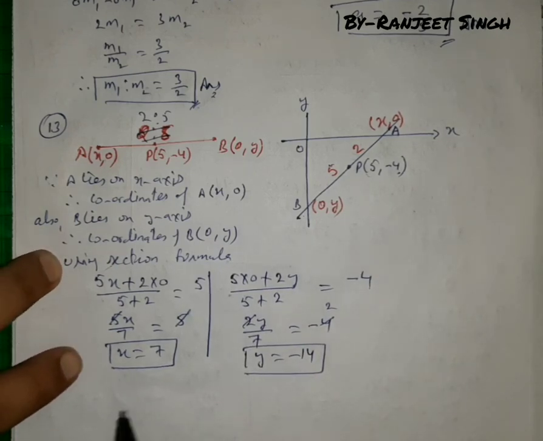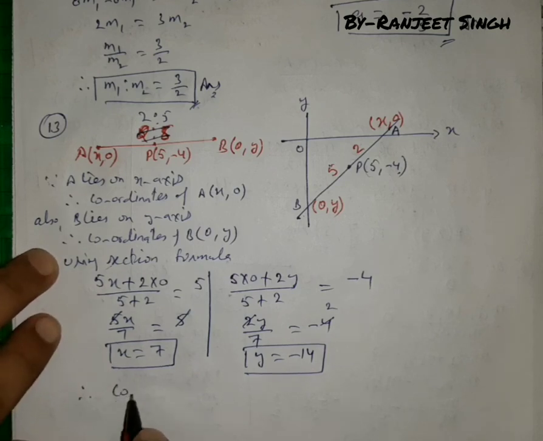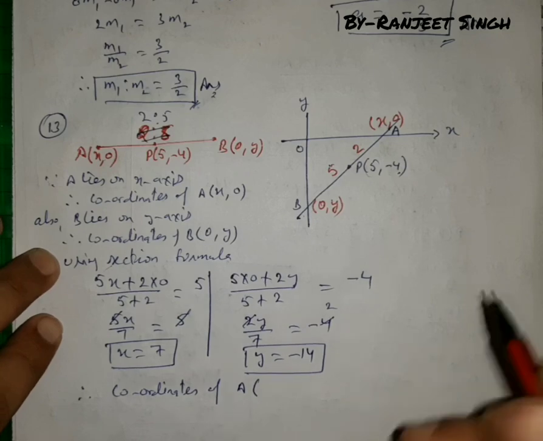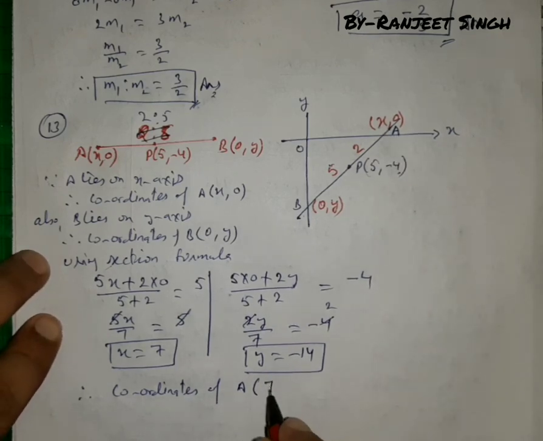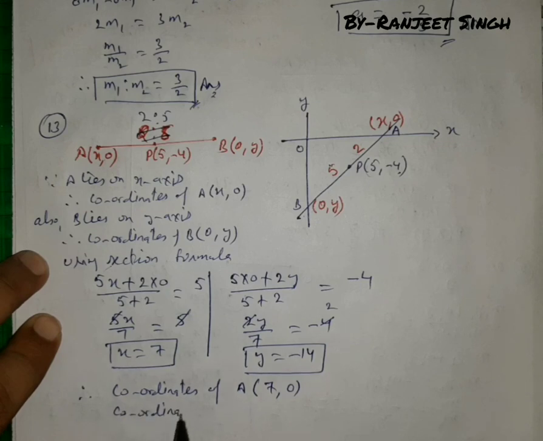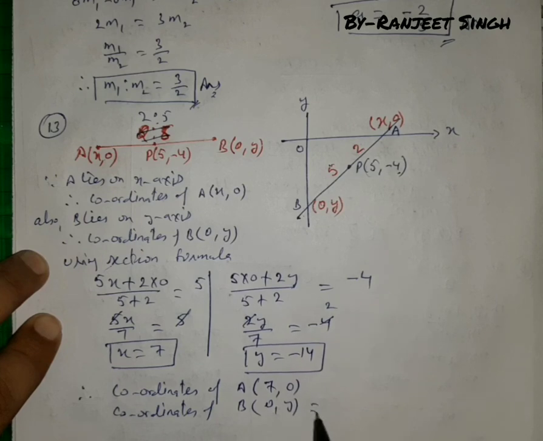So we have to find the coordinates. Therefore coordinates of A are (x, 0), so that is (7, 0), and coordinates of B are (0, y), so that is (0, -14). So this is our